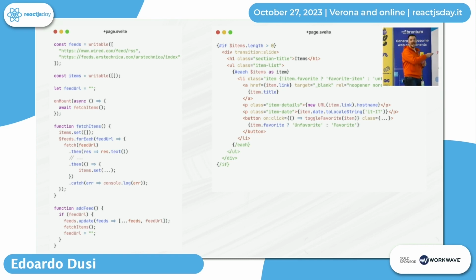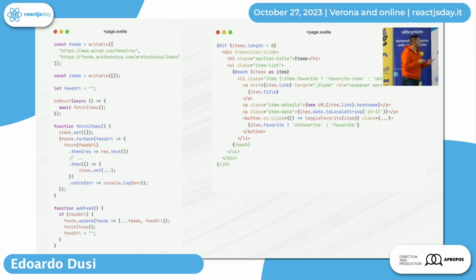And these are reactive properties. So when someone writes inside my feeds or my items, this component will react to the change in items using this syntax with the $ sign, okay? This makes items reactive. So I have my function to fetch my items and my function to add feeds.